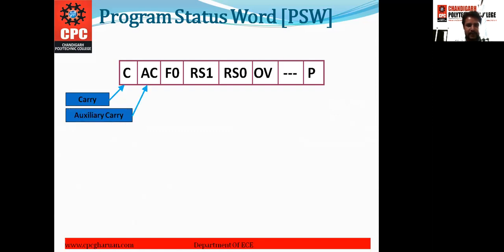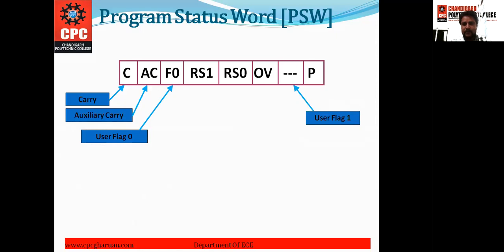Next is the auxiliary carry. If there exists any auxiliary carry from D3 to D4 bit, or from lower nibble to higher nibble in case of arithmetic operation, then this auxiliary carry flag will show its status high. As you can see here, these are the user flags, but we are not able to use these two flags.